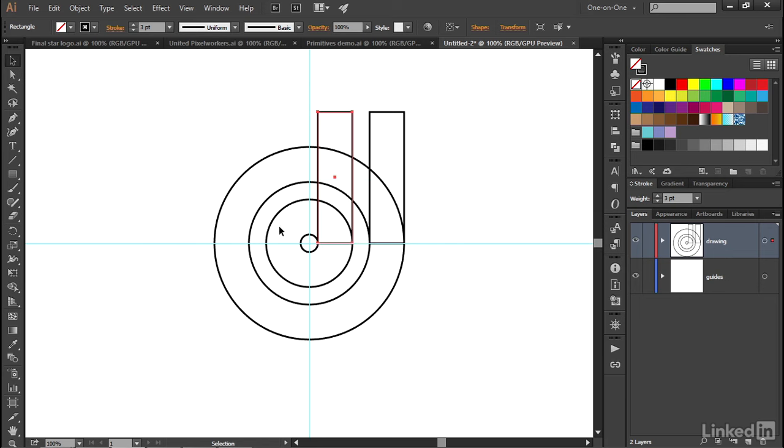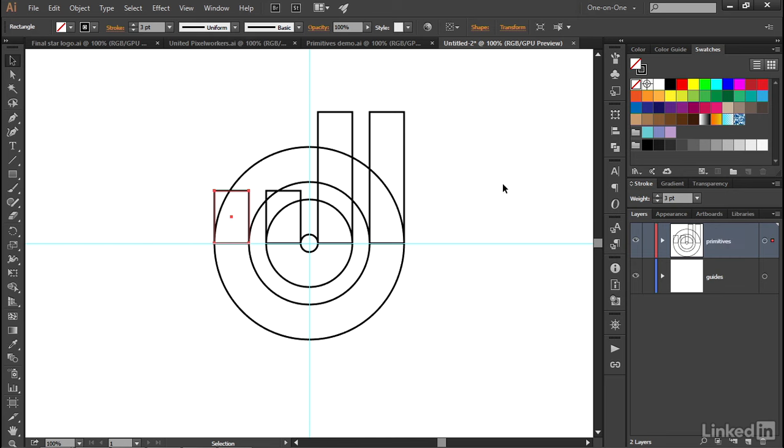All right, now we need to draw some shorter rectangles on the other side, and I'll do that by once again switching to the rectangle tool, and I'll drag up and over like so, and you can see once again I have a width of 60 points, so everything's in parity. But I want a height value, if I can get it, of 90 points, like so. And then I'll press the V key to switch back to my black arrow tool, and I'll make a duplicate of this guy by dragging him over and pressing the Alt or the Option key in order to make a copy. All right, and finally, I'll just go ahead and rename this layer Primitives, like so,